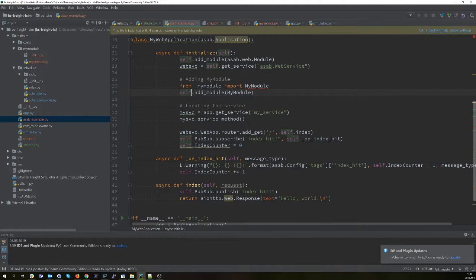So it's an app itself, and now every service from the module is loaded inside the application object,